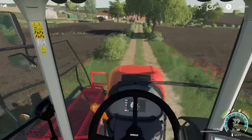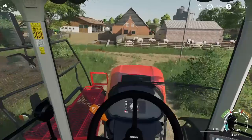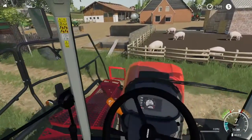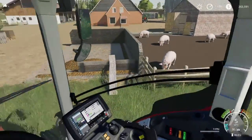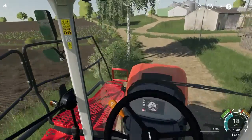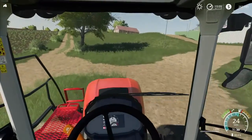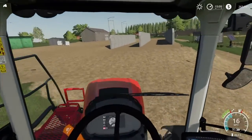Still need to head to the farm, get this filled up with herbicide. And slow down, slow down. Wow, this has a fair bit of speed to it. Okay, no traffic coming. Alright. And as soon as I get on the field, I'm going to have to figure out how on earth you open these booms, how you get the spray going. It's going to take a bit of figuring out. But let's just cut across here. There we go. Right, so what I'll do is I'll get up here, I will get this. I think we're probably going to need a full tank. If not, after what we use, we can just